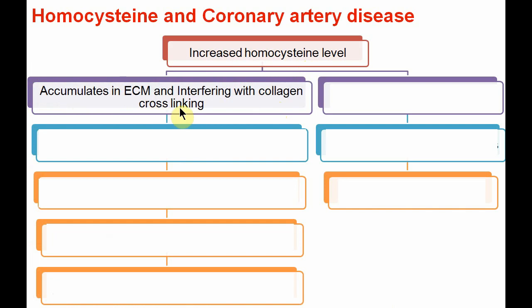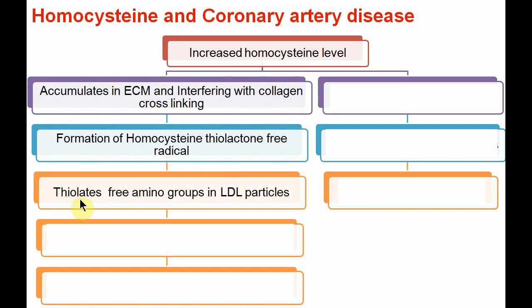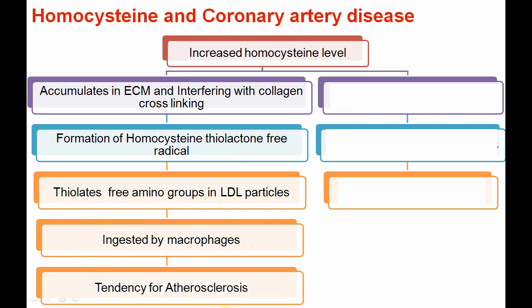formation. That will lead to the formation of the homocysteine thiolactone free radical, which thiolates the free amino group in low density lipoprotein particles. So ultimately they are ingested by the macrophage but cannot be metabolized. So they create foam cells, which is the basis for the tendency of formation of atheroma and lead to